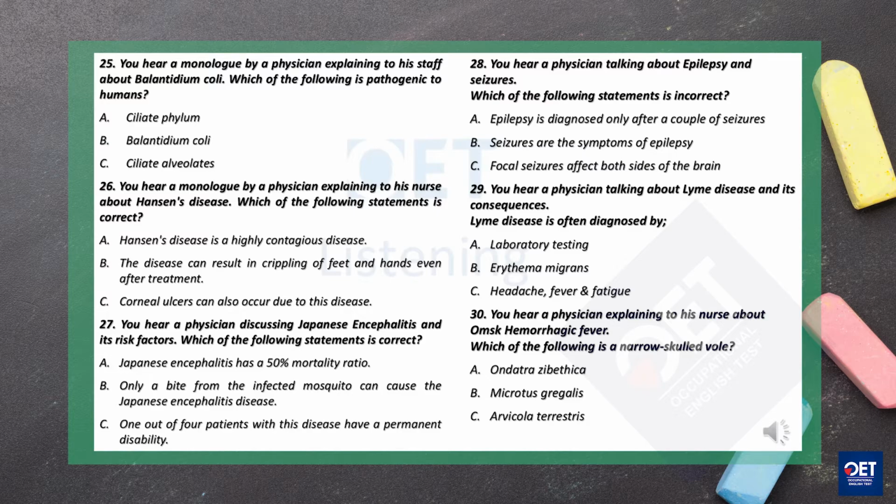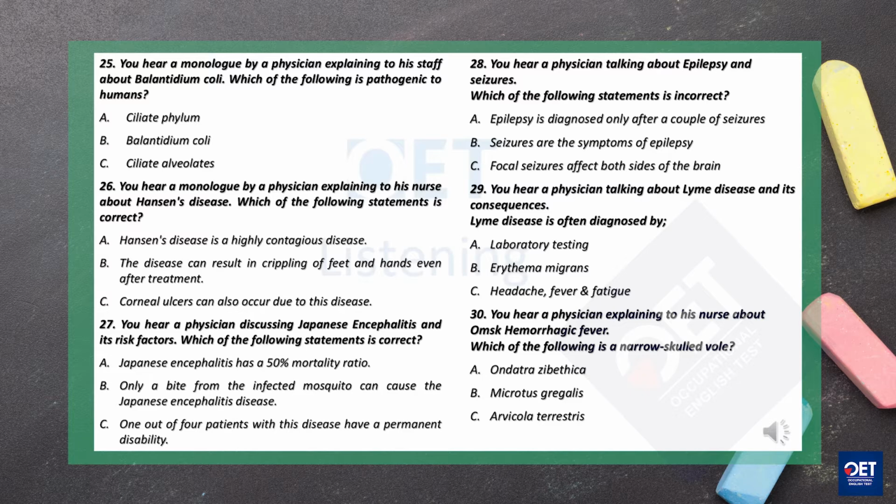Hello, doctor. What is Japanese encephalitis and who is at a higher risk? Japanese encephalitis is a serious infection caused by the Japanese encephalitis virus that occurs mainly in rural parts of Asia. The disease is mainly spread through the bite of an infected mosquito. However, it does not spread from person to person. The residents where the disease is common or the people who travel frequently have a higher risk of this disease.